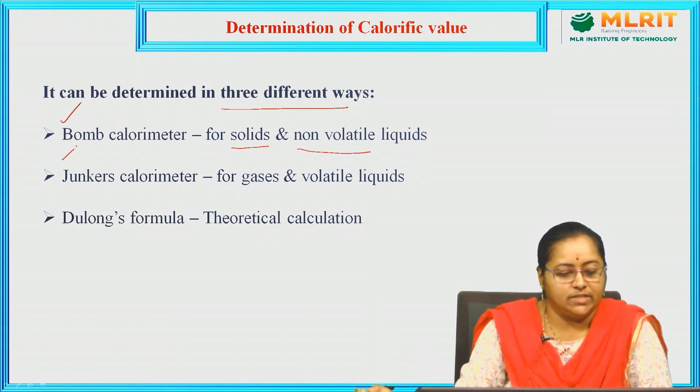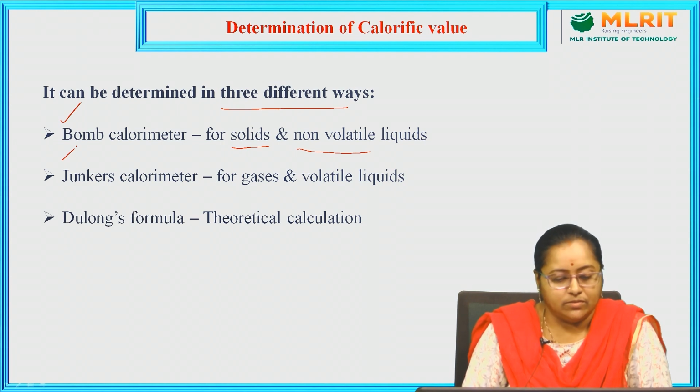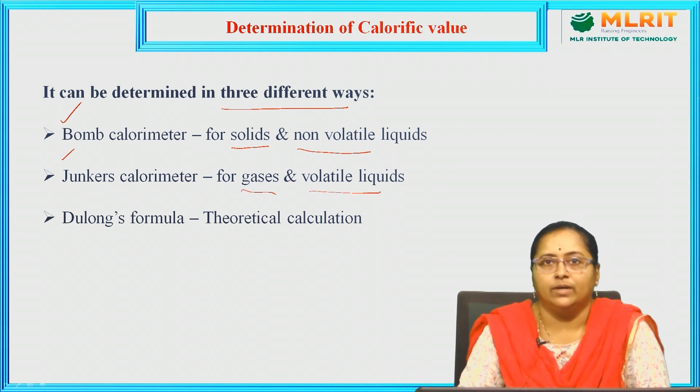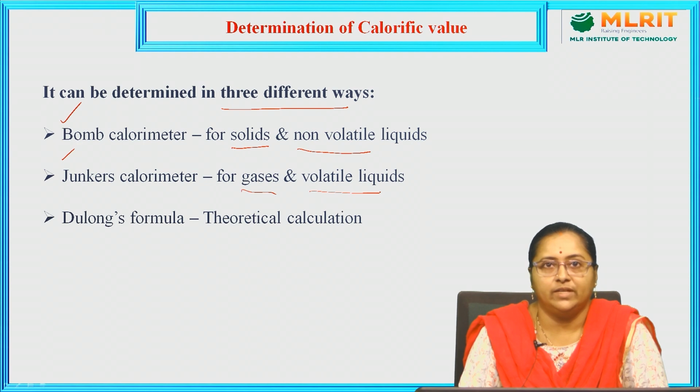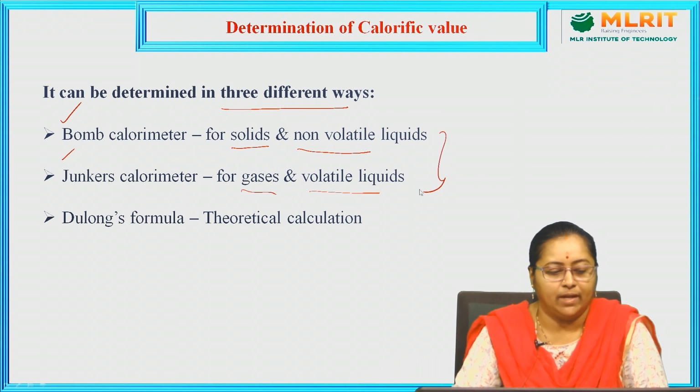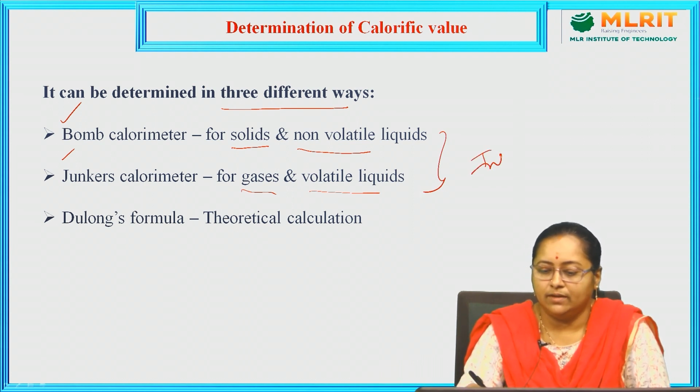Second one, it is Junkers gas calorimeter. It is meant for gaseous fuels as well as volatile liquids. So for determining the calorific value of any gaseous fuel or any volatile liquid that is supplied, we have to depend upon the Junkers gas calorimeter. If you notice, the first two, that means bomb calorimeter and Junkers gas calorimeter, come under